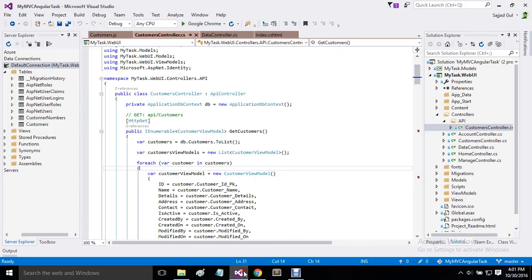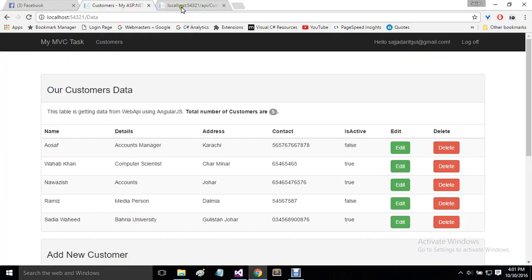you my database structure. Okay, so I have a customers table and a customer numbers table, and the relationship between these two is that customer numbers has a foreign key of customers table. And here you can also see inside controller I have an API controller named customers controller. Basically what it does is take all the records from database and send it back in the form of XML or JSON.